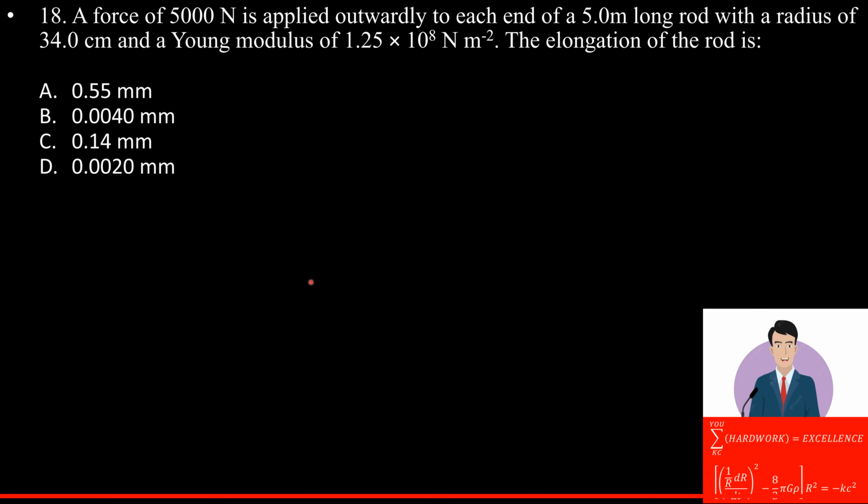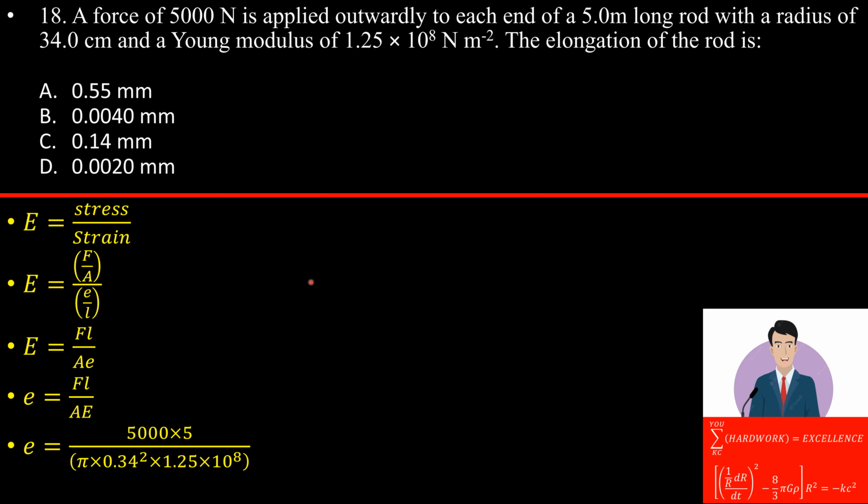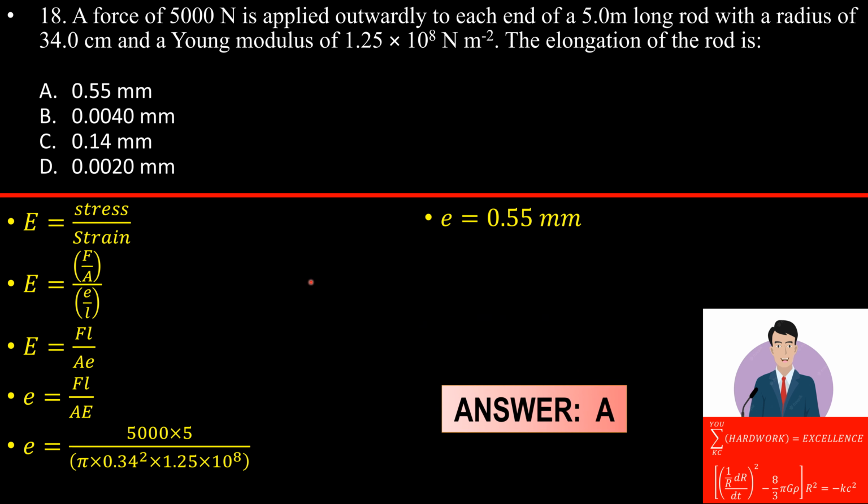All right, so of course we are going to write the Young's modulus expression, which is stress over strain, and then we are going to further simplify. Stress is force per unit area and strain is extension per unit length, and so our Young's modulus is FL over AE, with algebra. So we make E the subject, and we substitute the force, the length, the cross-sectional area, and the Young's modulus, and so you get that E is 0.55 millimeters,